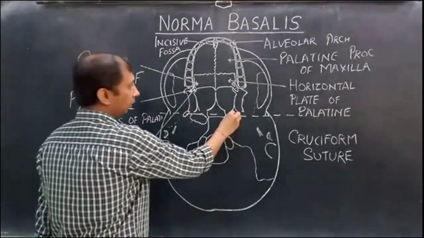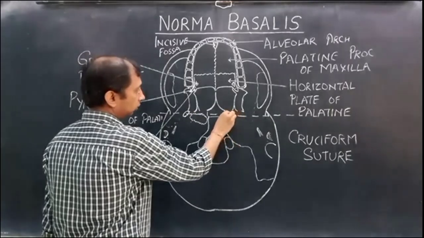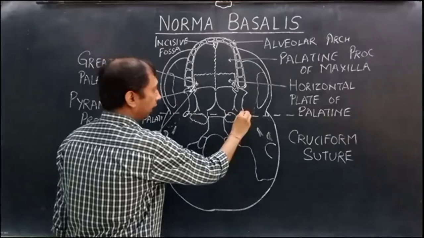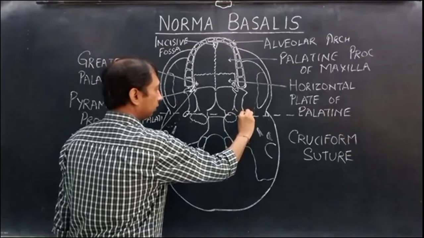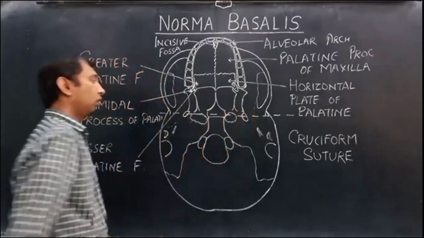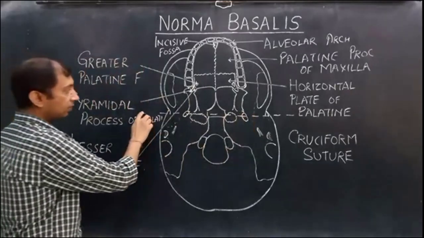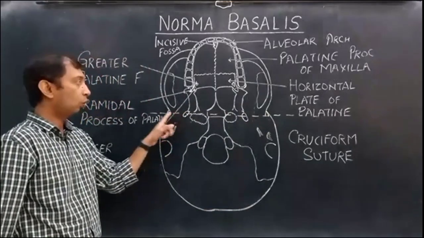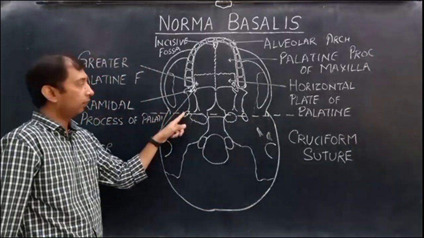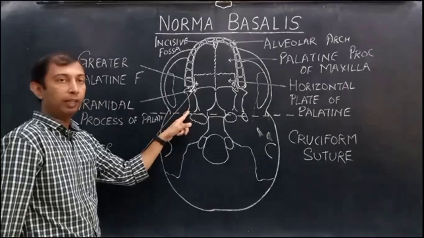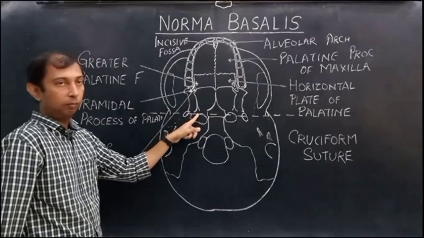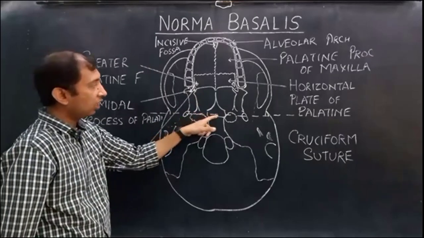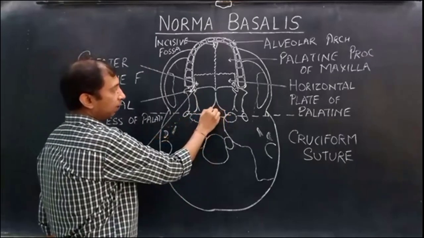So what is that foramen? Oval. Foramen ovale, like this. Okay. So now we can see that this anterior imaginary line is passing through foramen ovale, the root of the lateral pterygoid plate, foramen lacerum, the root of the medial pterygoid plate, and the junction between this part of the